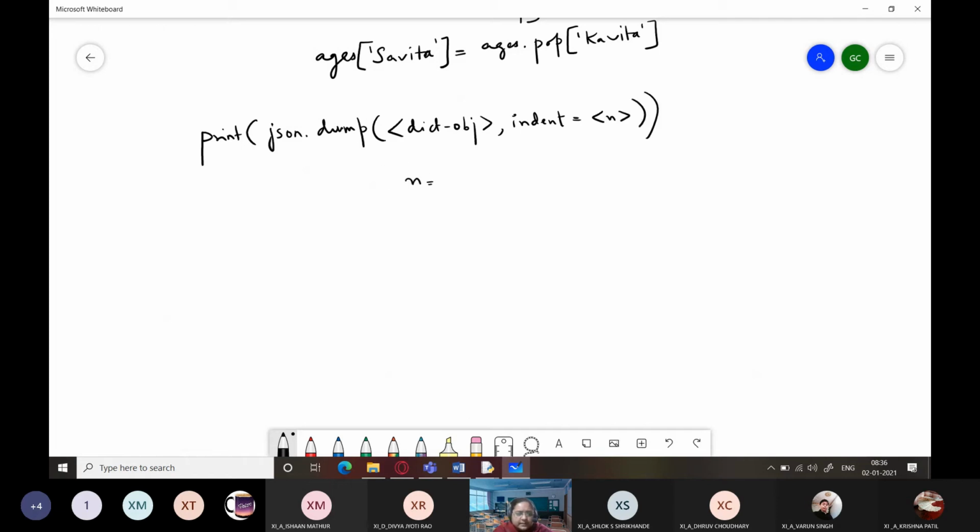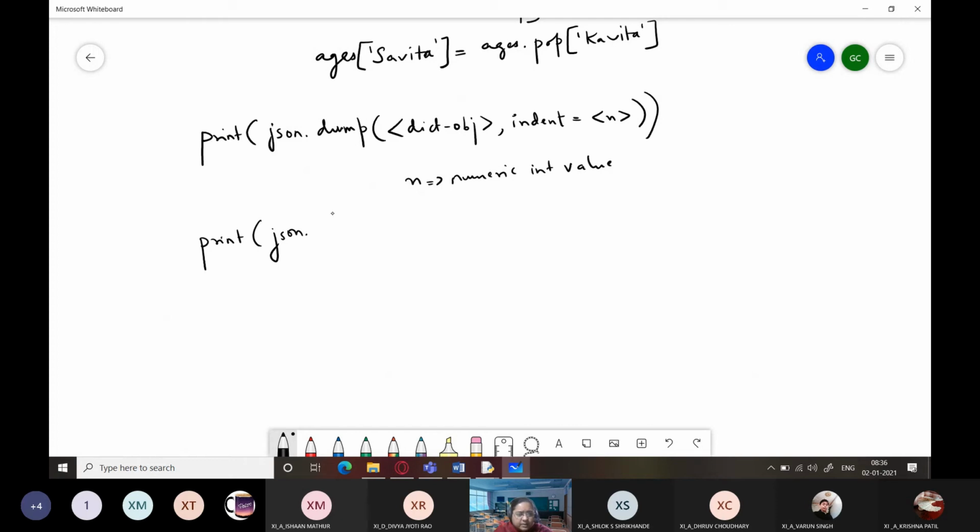Now what is this n? It is a numeric value, an integer value. You will understand the meaning of it now. Firstly, let me write the statement which we are going to run there.